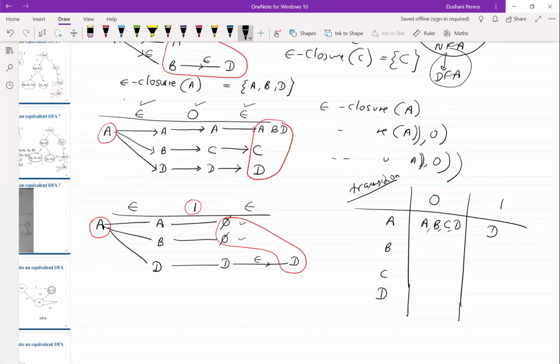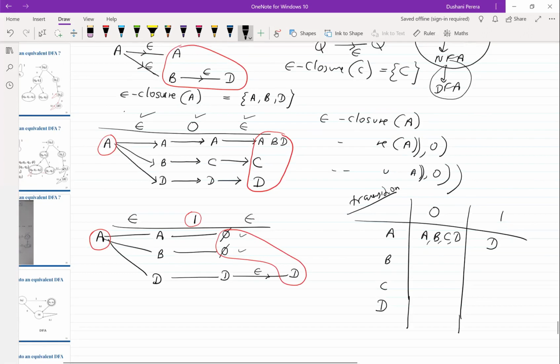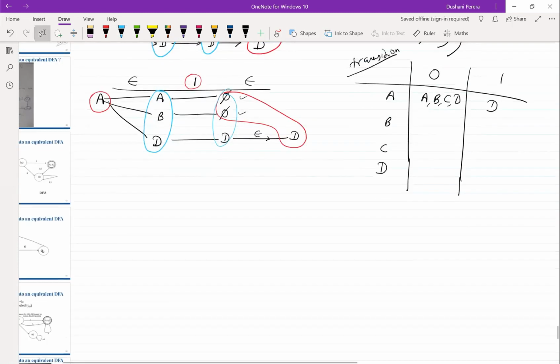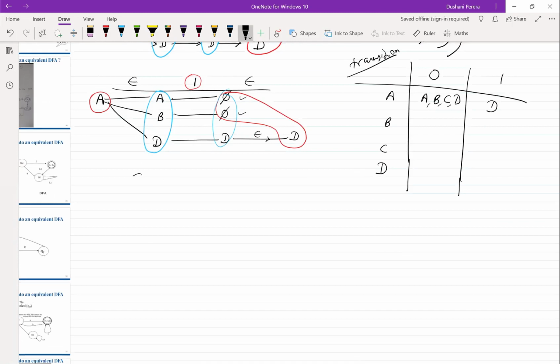As you can see, in this method, the first set that you get is the null closure of that particular state. Then, with an input symbol, what's the result you will get. Then the final one is the epsilon closure of the resulting set. Okay, now A's tasks are done. Capital A is done. Now we go to capital B. Let's do the same thing for capital B also.